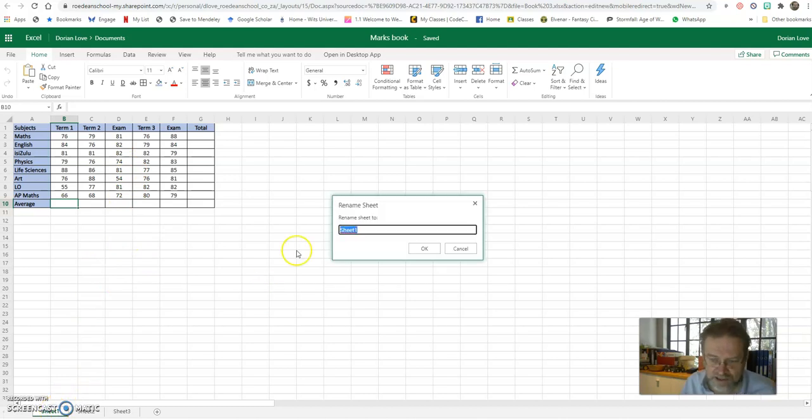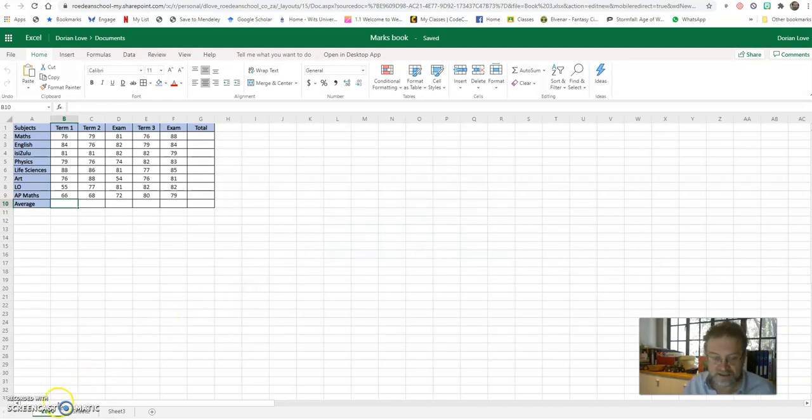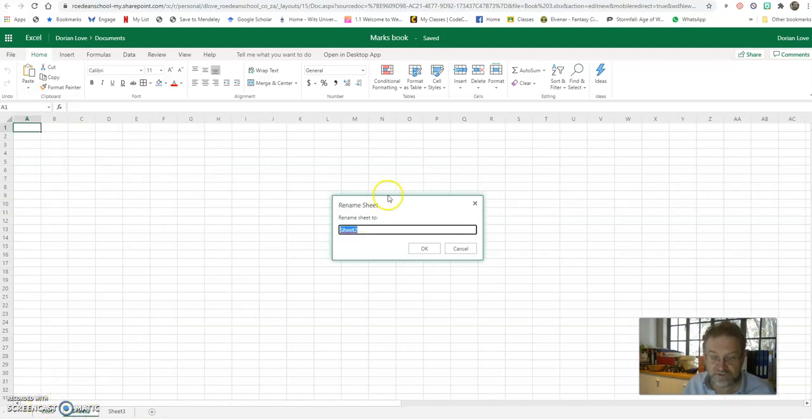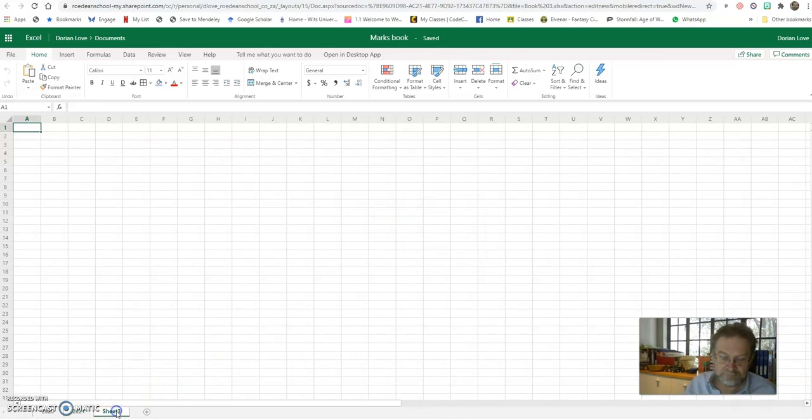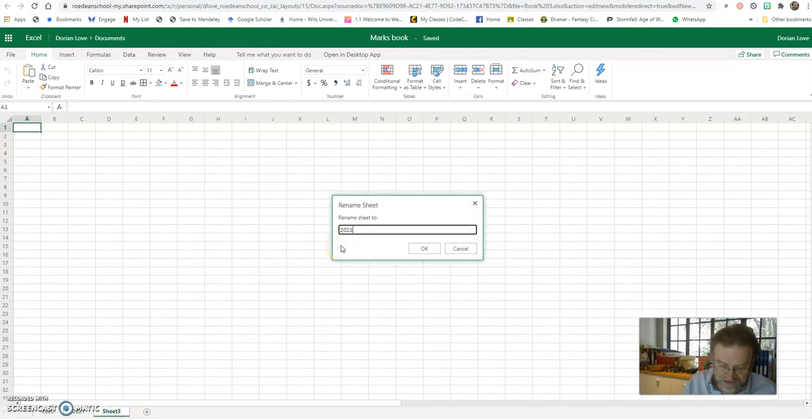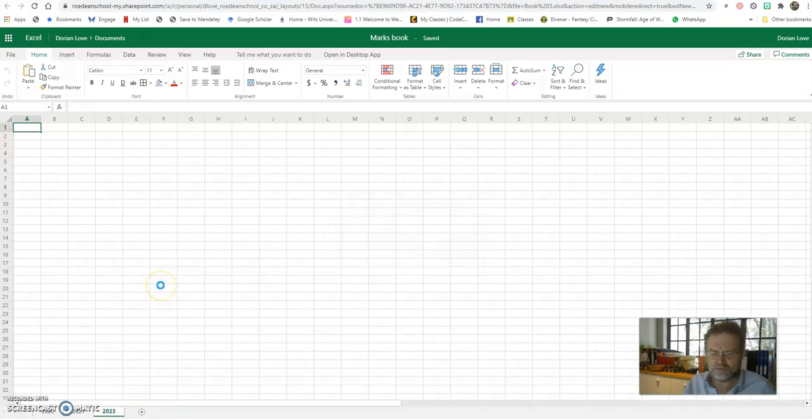Well, these are my marks for 2020. So I just went to where it says sheet 1, and I went click, click, and I'm going to rename the sheet 2020 and click OK. And you can see at the bottom here, it's changed that to 2020. Over here, I can change it to 2021, may 2021 roll on rather quickly. And sheet 3, 2023. So I've got a whole mark book for all my marks coming up for the year